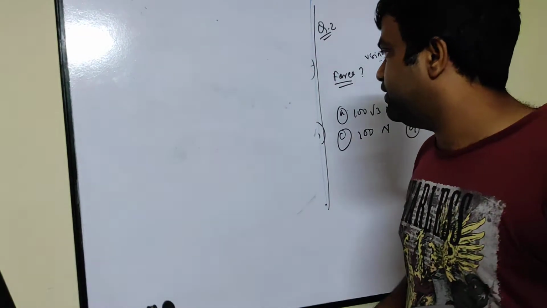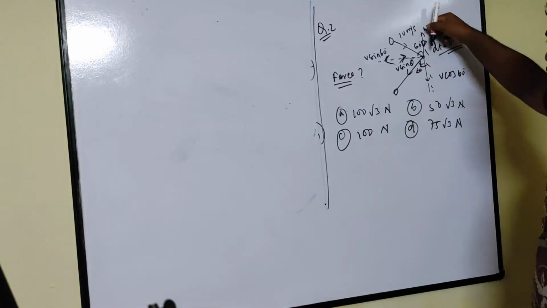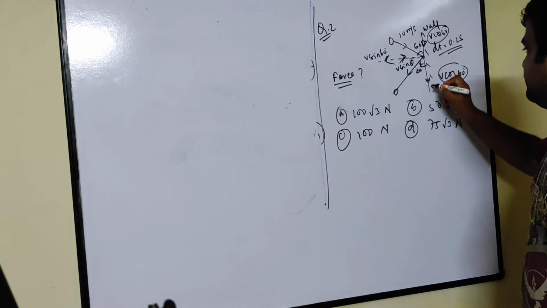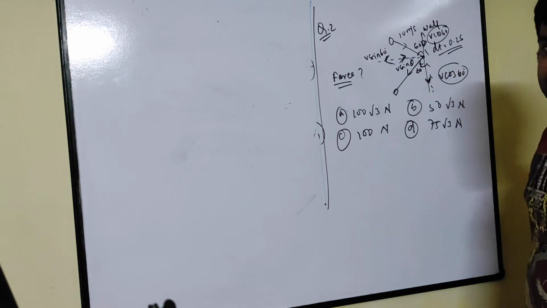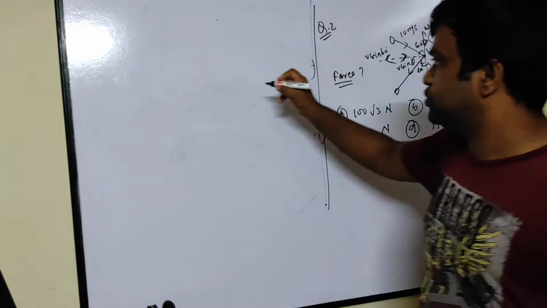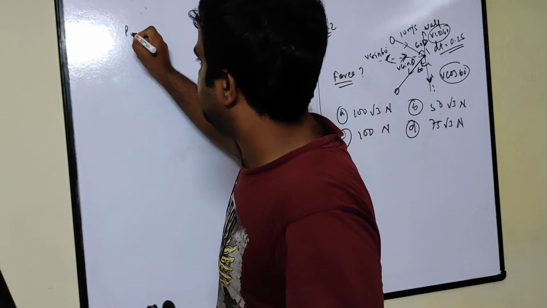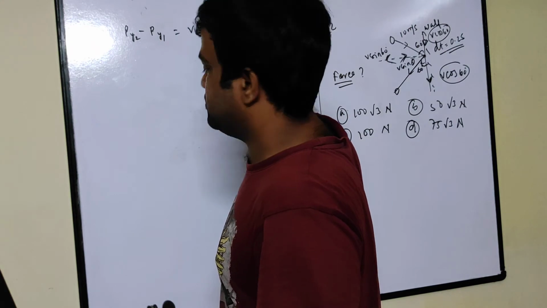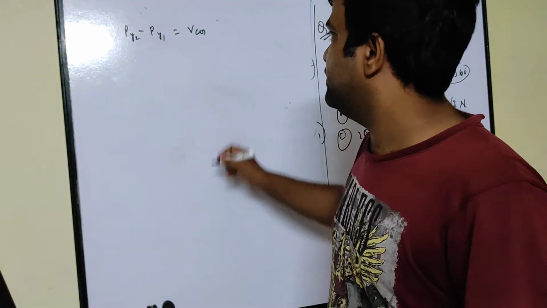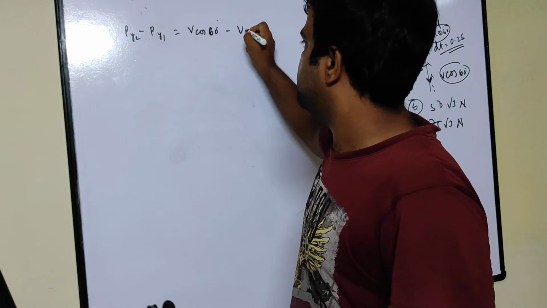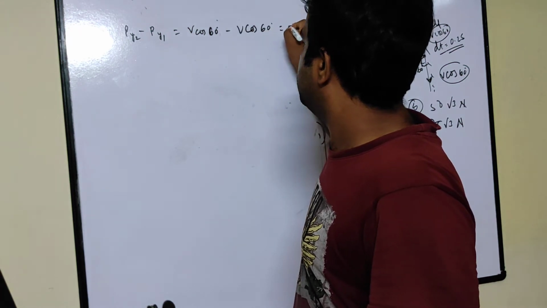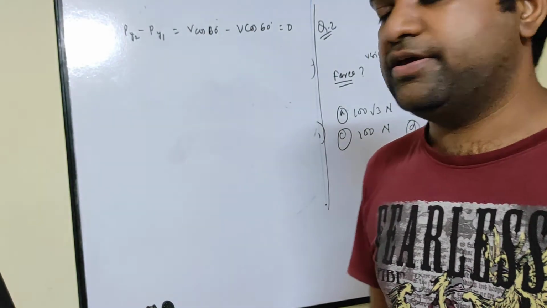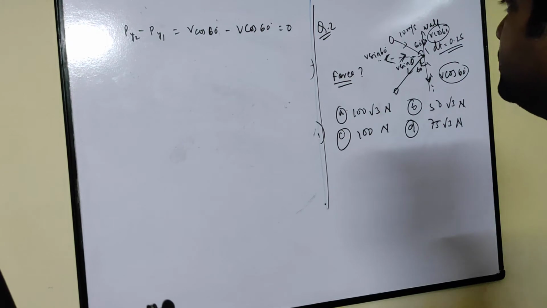Now what is the change in momentum, basically we have to calculate. Now you see v cos 60 and this v cos 60 are in the same direction, and this is your final one, and this is your initial one. So what is the change in p in the y direction? Let's say py2 minus py1. This is v cos theta, right? v cos 60 here minus v cos 60. So basically in the y direction, the change in momentum is 0.